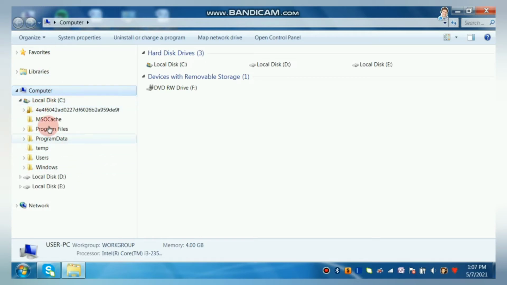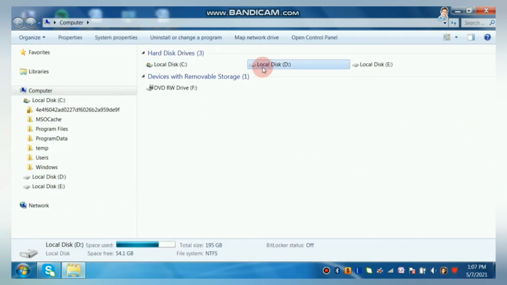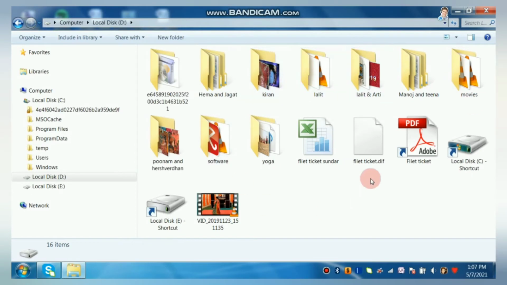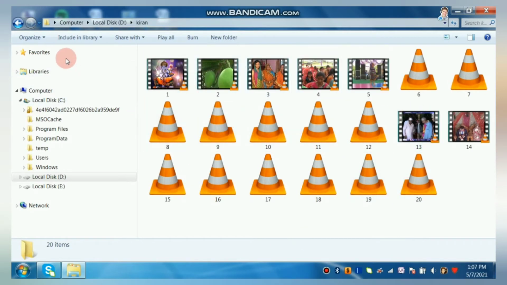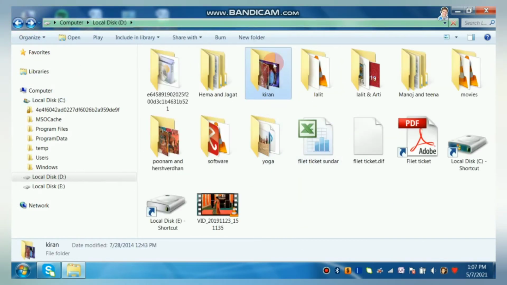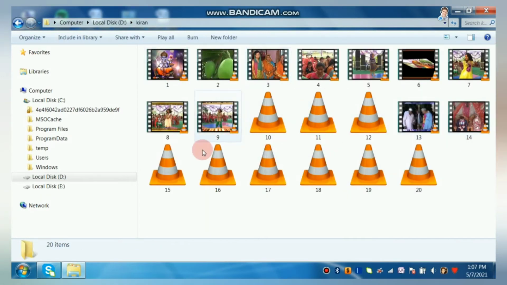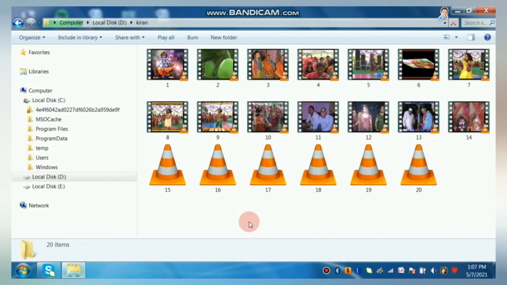So this contains folders and disks, and on this side you can click on any disk and you will find various folders, and you can click on whichever you want. These are files which are in a particular folder. These are folders and in this we have various files.